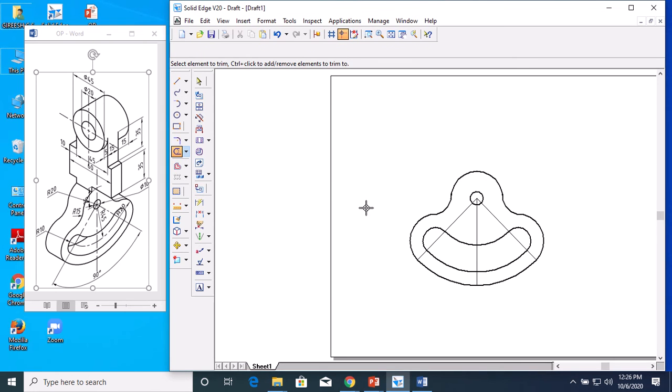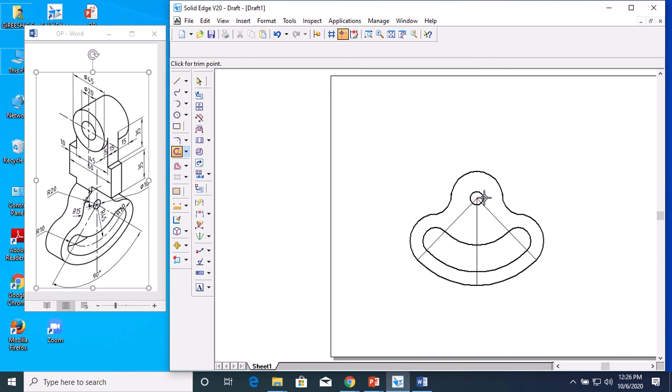After that, what I have to do, from this end, this web thickness, see here they have given 15 mm. From the center you take, from here to here it will be 25 mm.